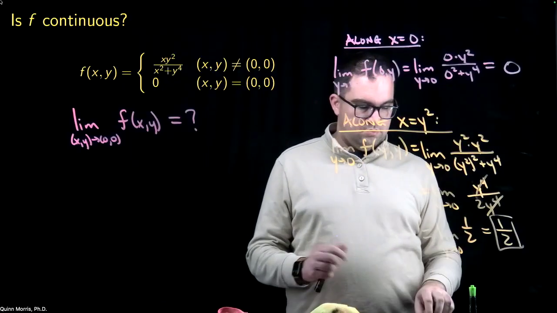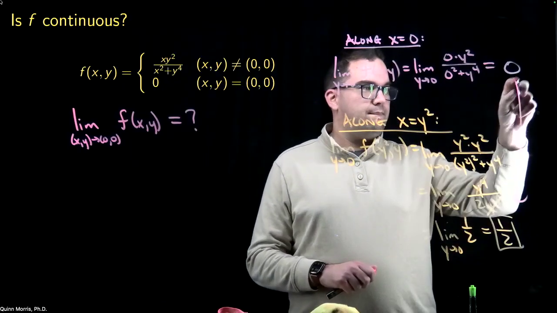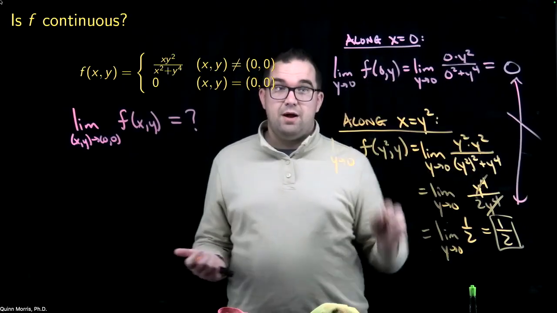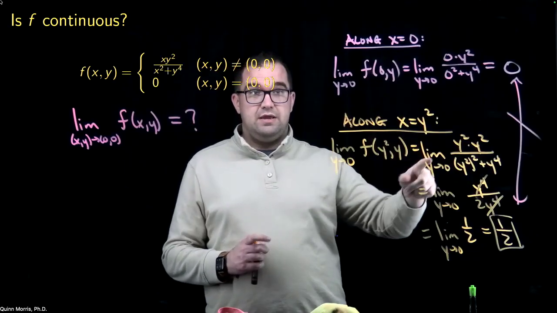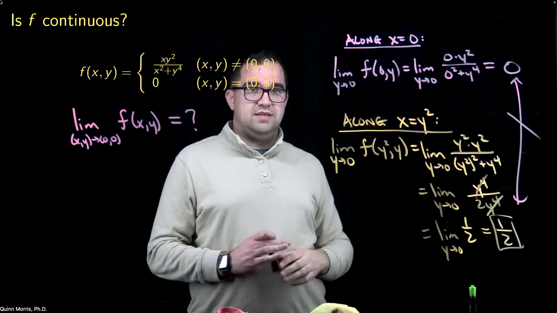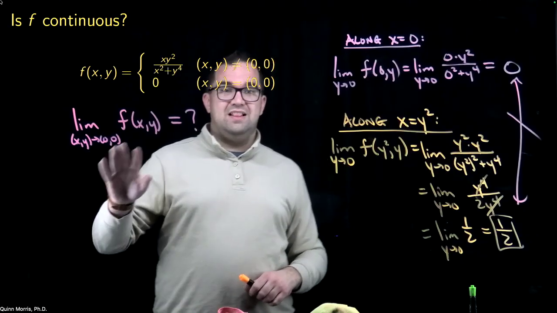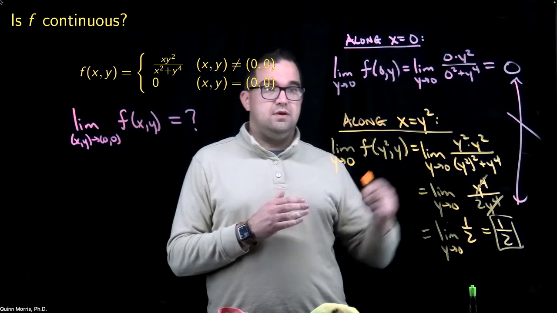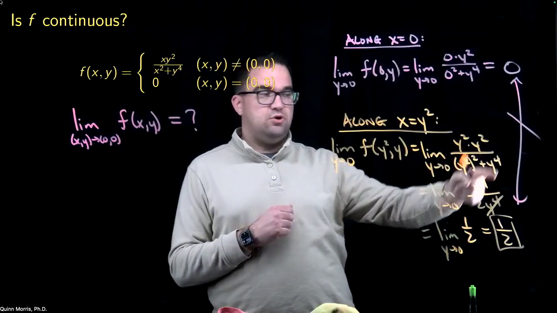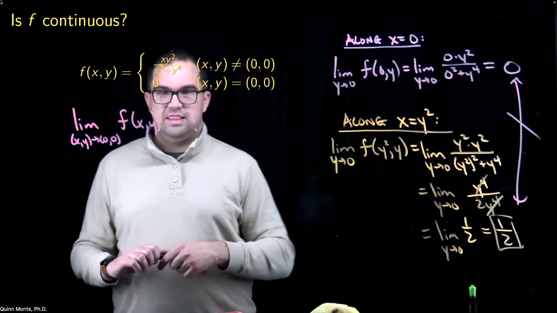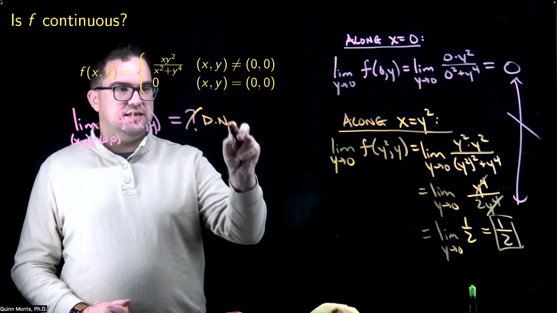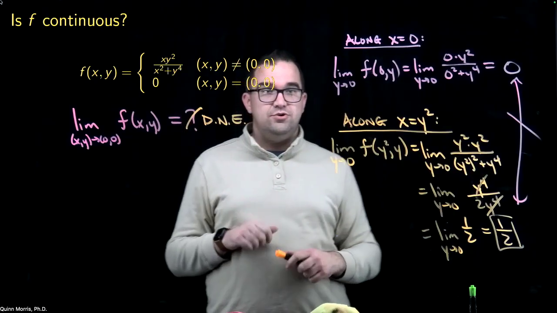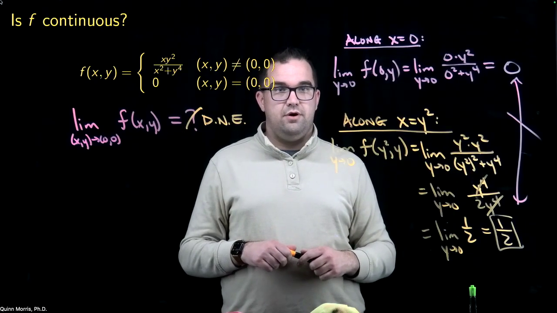So now I have a problem, because those are not equal to each other. Well, I say I have a problem. Really, it's actually nice because it tells me something. The limit along this path is not equal to the limit along this path. Therefore, if the limit existed, then the limit along every path approaching the origin would be the same. Here, since we have two paths, both of which approach the origin but give us different limits, this limit does not exist. And so, certainly, this function cannot be continuous at the origin, at 0, 0,